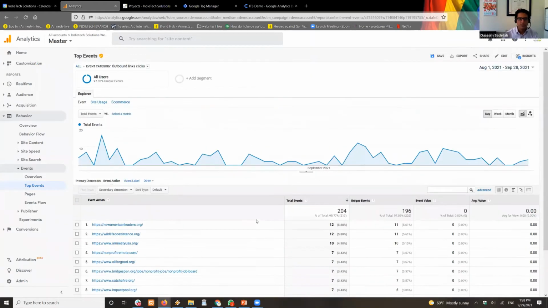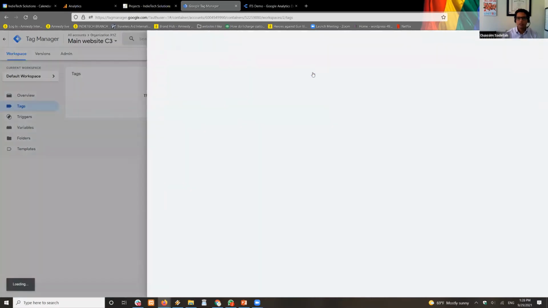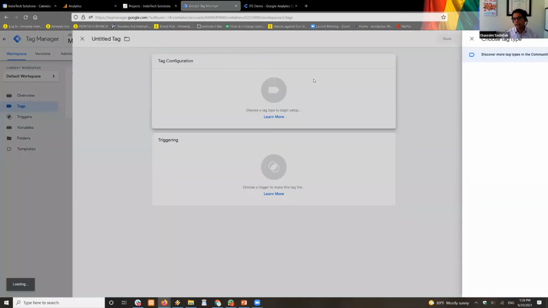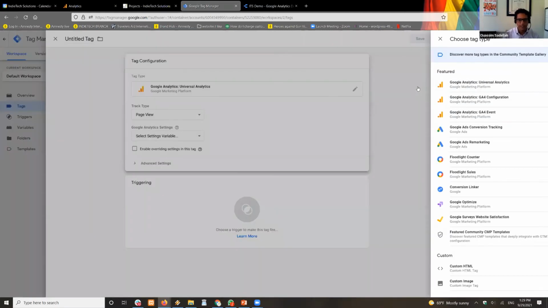Okay, so let's go back to Google Tag Manager and start with the first two things. The first tags we want to do: we need to connect to Google Analytics, because we want to send everything to Google Analytics. There is GA4, the newer version of Google Analytics. It has a lot of new features. It's not just an upgrade, it's a totally new system, but it's not 100% ready yet. So we're just going to use the classic one.